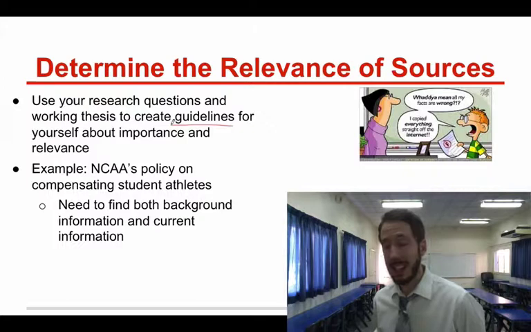Now, .orgs, you've got to be careful with. Some people think .orgs are great, but you have to understand that .org references a non-profit organization. In one sense, they are more reliable than .coms, but they could have a certain agenda. So you have to research this organization, find out what their mission statement is, find out what they believe, and really be able to address: are their results biased because of the cause they are supporting or trying to change?